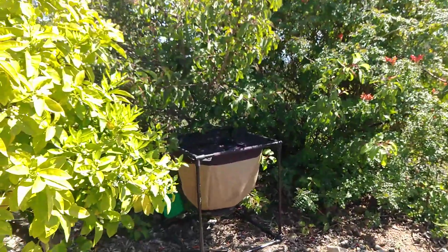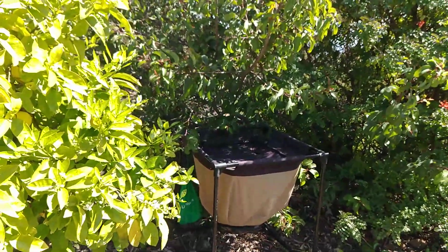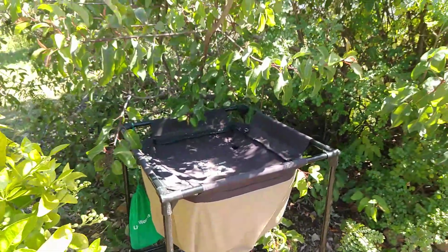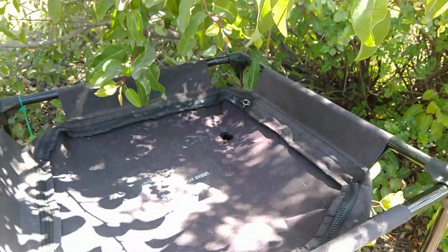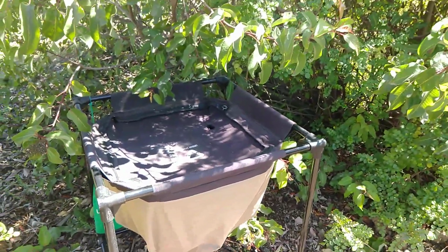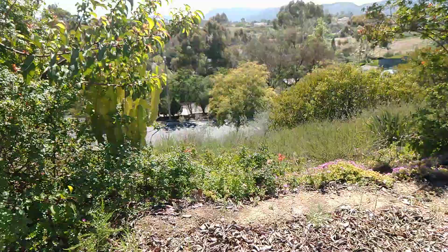It is a continuation of my last video, Urban Bee Bag, where I discovered bees had colonized this empty urban worm bag that has a hole in the top chewed into it by a rat. This was sitting on my porch, so I was going to use it as a secondary bag, but the bees have colonized it, so I ended up moving it out here, where my initial bee colony, which